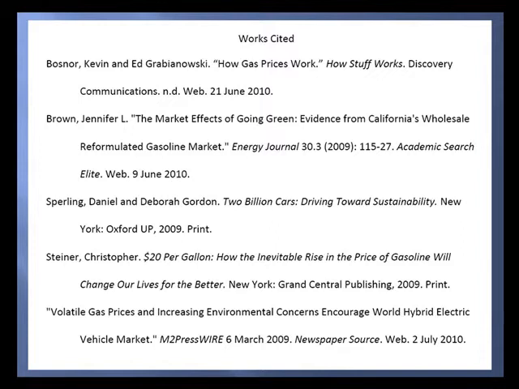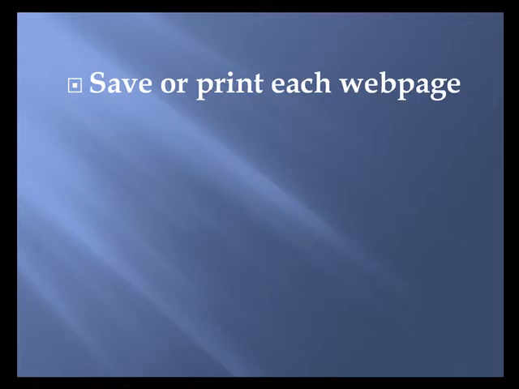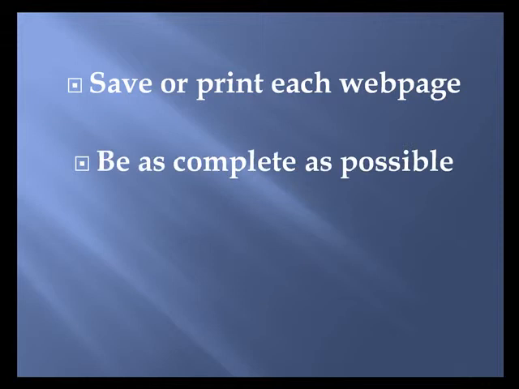We'll start with 3 basic guidelines to follow when citing an online source. First, we recommend that you either save or print any web page you think you'll later need to cite as you do your research. You never know when the information you're accessing might move or be removed. Second, citing an online source can be tricky, and the information you need is sometimes difficult to find. Aim to be as complete as possible with the information that's available to you. If a piece of information such as the author or date isn't there, consult your style guide for directions on